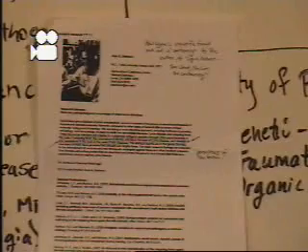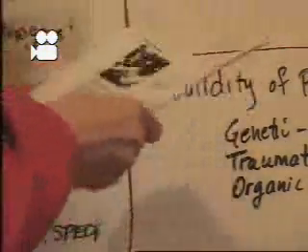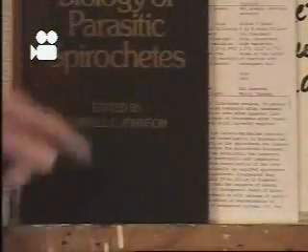He wrote the book entitled Lyme Disease, the Cause, the Cure, and the Controversy, which I'm not even sure if I have my copy of still, or I gave it to the U.S. Attorney. But it's a completely unreferenced bunch of crap, and if anybody thinks it makes any sense, then those people need to have their heads examined. This is the page out of my treasured textbook entitled The Biology of Parasitic Spirochetes.